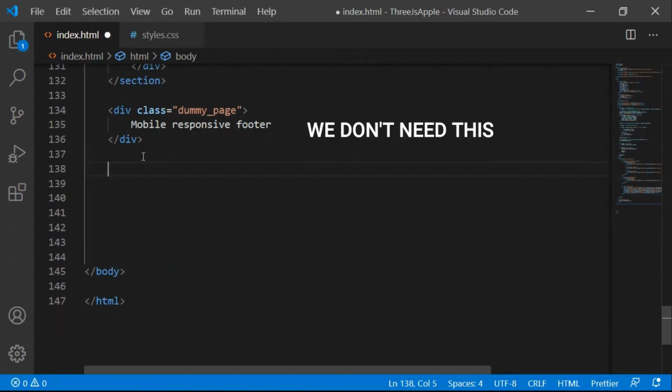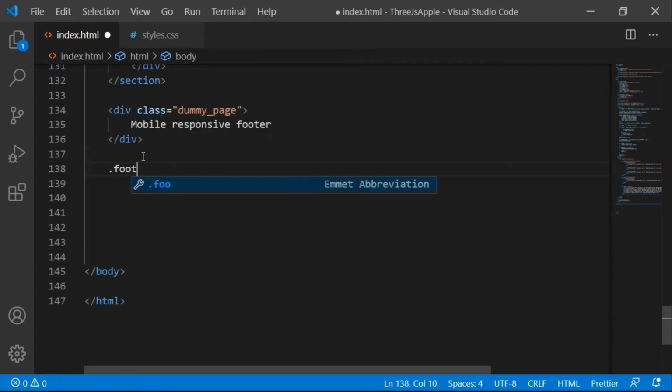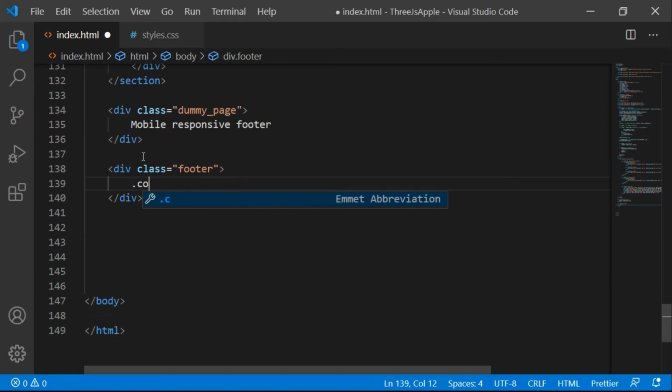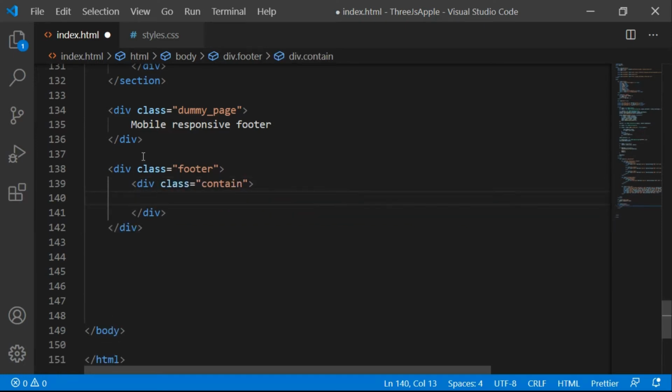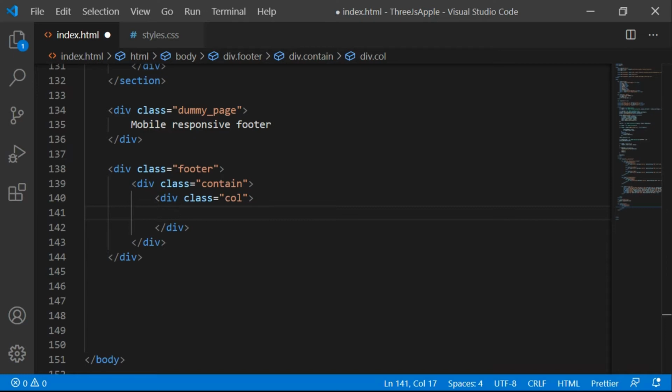Okay, so let's hit enter and add a footer class here, a footer class for a div. Let's hit enter. So the footer is going to have all the footer content here, and inside that we're going to have a div with class contain. Inside that we're going to have a class called column, COL. So there are going to be, I think, 5 or 6 columns, right?